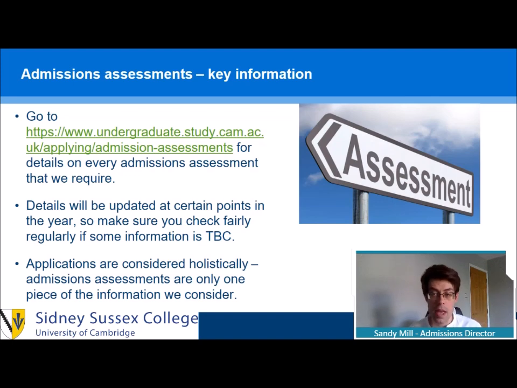That website will tell you if you need to take an assessment, whether it's pre-interview or at interview, and all the details of what that assessment will be like. And again, it's worth noting, we consider all these applications holistically. The assessment is just one part of that application. The undergraduate study website contains a whole host of information. It's absolutely fantastic. It should be your first port of call if you're looking to get information about any stage